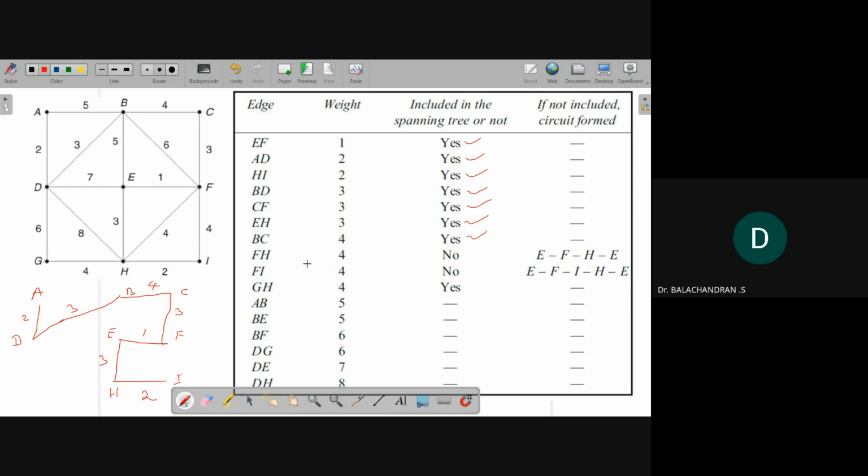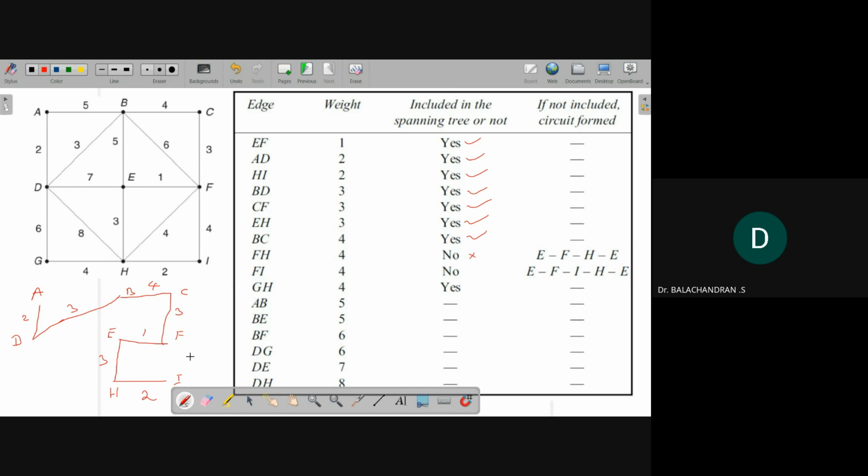Okay. So next, 4 FH. FH is what? If I take FH, it will form a cycle. So you can write FH, HE, EF. It will form a cycle. That's why I don't want to choose it. Next,